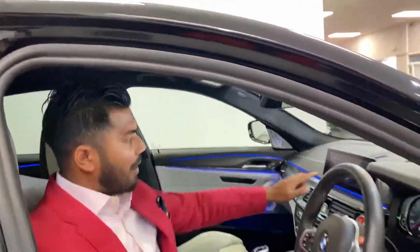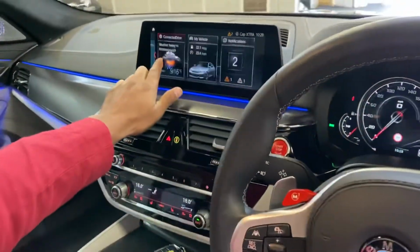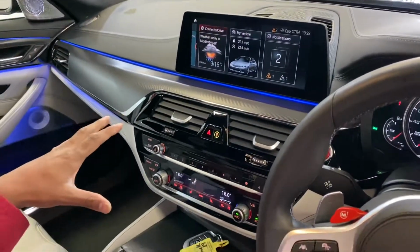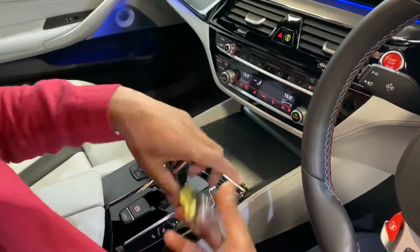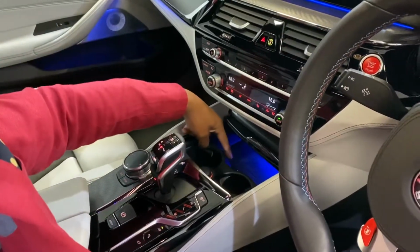You've got the new iDrive system, which is touchscreen, so easy to use, DAB. Remember, the new cars like this one also has the Apple CarPlay. I love the red switches, and your stop-start button is also red now, which is brilliant. You've got the heated seats, as I mentioned before, cup holders, and this is a nice little feature, the charging